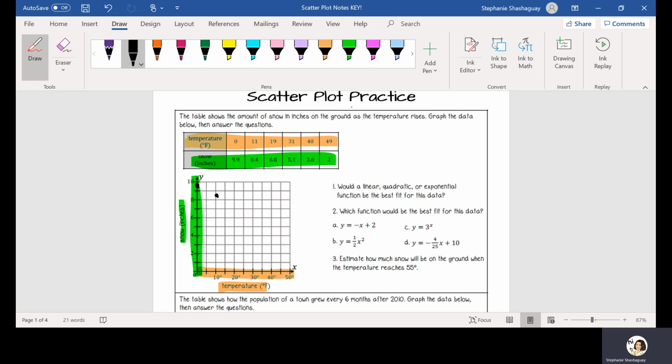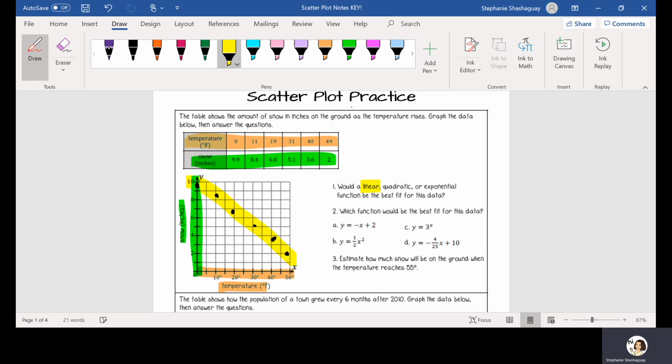When the temperature is 19 degrees, I'm at 6.8 inches, so at 19 I'm at 6.8. At 31 degrees I'm at 5.1, so just a little over 5. At 40 degrees I'm at 3.6. And then finally, at 49 degrees, I'm at 2. So right about here. Now looking at this data, if I drew a line through this data, I would see